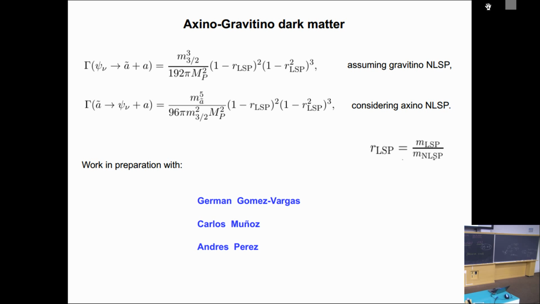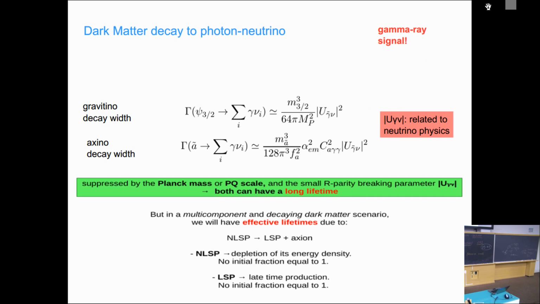Okay, then the idea is that this is what you are going to observe, the photon, and it's important here that R-parity is broken, but it's broken by the Yukawa of the neutrino. And at the end, this matrix that is here is not whatever you want, it's very small, of order 10 to the minus 12 to 10 to the minus 16, something of that order. It depends on the parameter space where you are looking, but in principle it is something of that order.